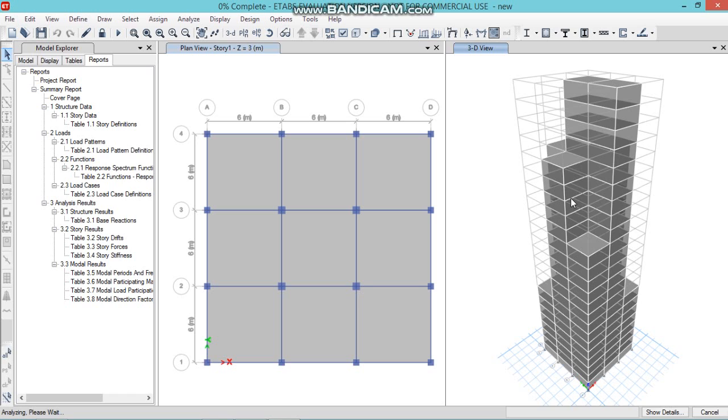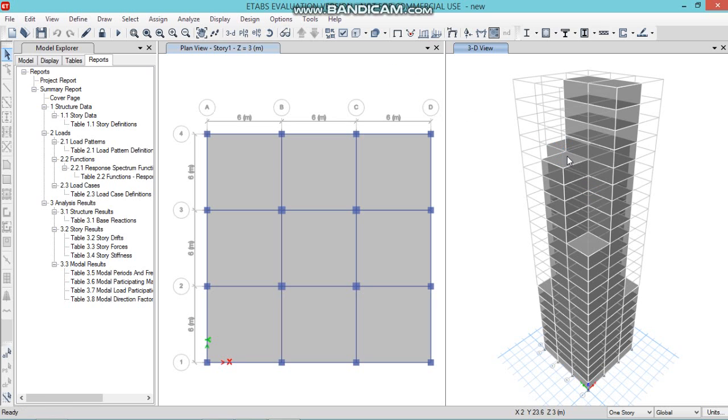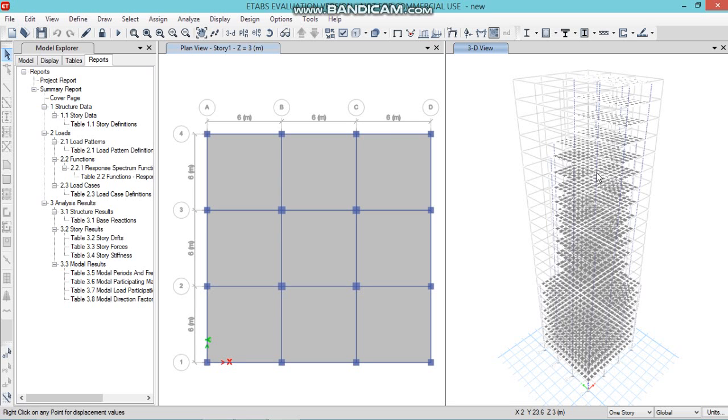Once the analysis is complete, you can see the displacement values on the 3D model by just drawing your cursor over them. Here we go.